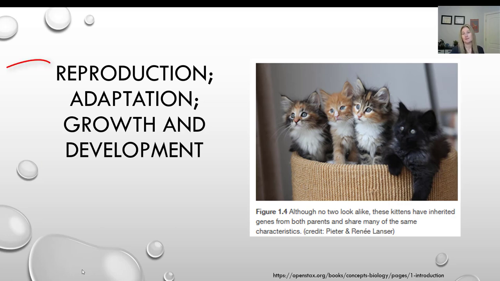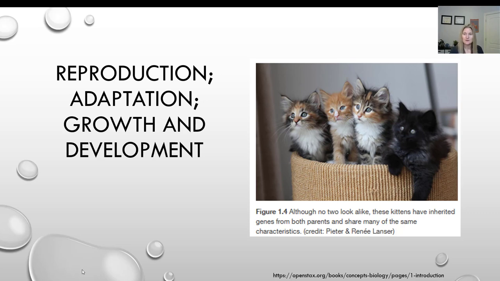Another property of life is that living things reproduce. So the smallest unit of life is a cell, and even that cell needs to replicate. It needs to divide and go on to make daughter cells. And the reason why it does this is so that it can pass on that genetic information to the daughter cells. So all living things need to reproduce, whether it is a cat that's reproducing, passing its genes on to